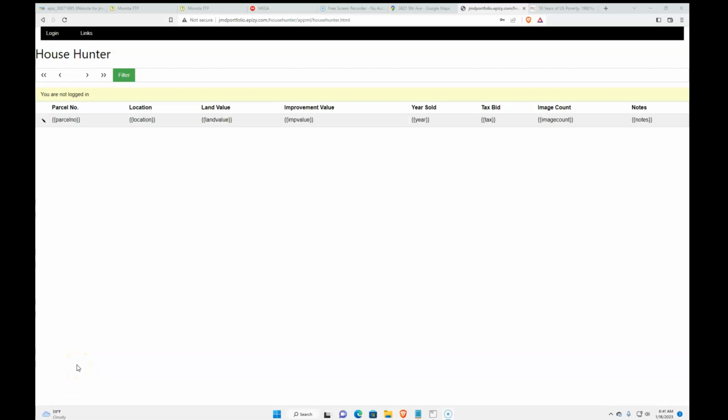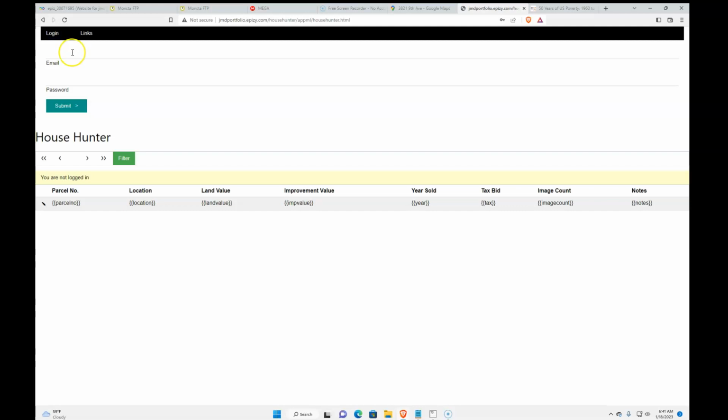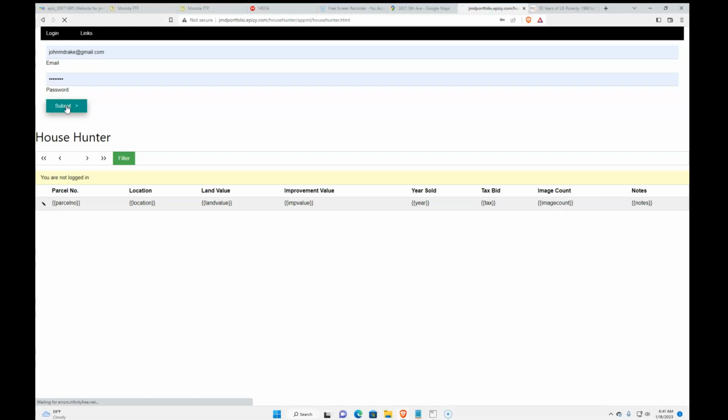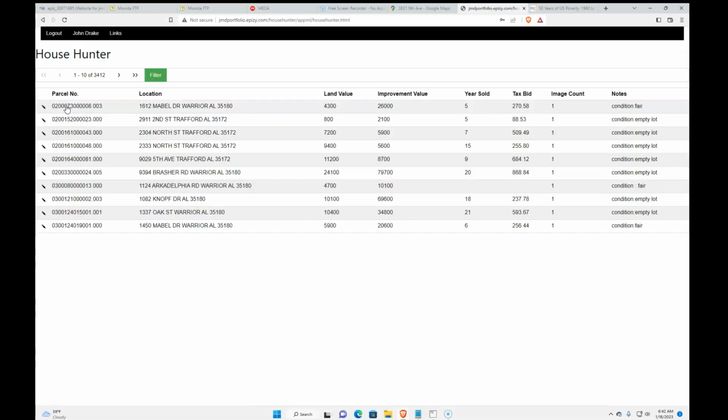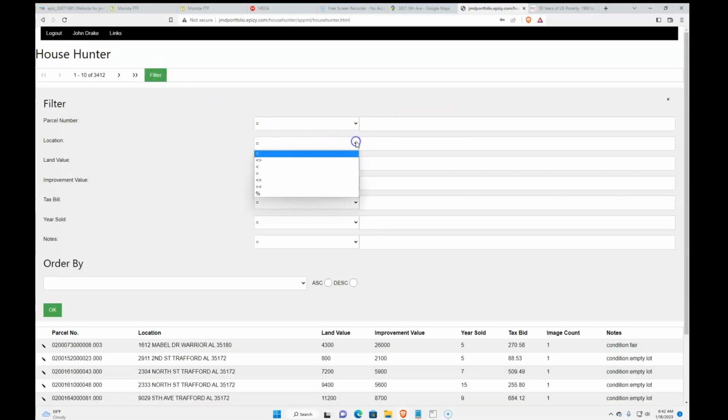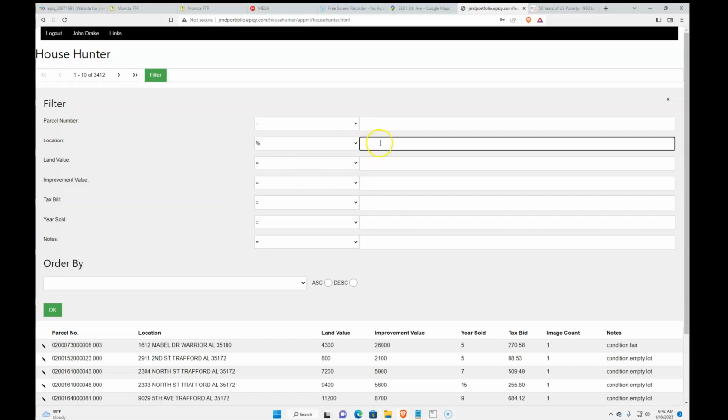Okay, today I'm going to show how to find properties near a particular area. We'll go ahead and log in. And I'm going to filter on a location. I'm going to use the %, so I can find things that contain a particular word. I'm going to put in the word Druid, D-U-R-I-D, because one of the houses Daddy Drake owns is on Druid